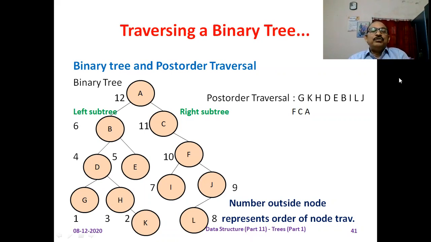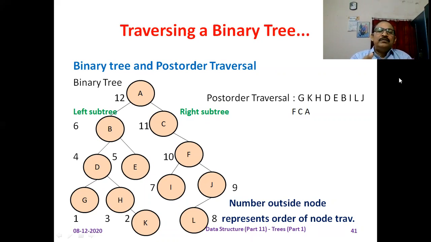Next step, the right subtree of B. The control goes to the right subtree of B, means the root node is E. Now we call the post-order function with the left subtree of E, null. Then call the function with the right subtree of E, null. Next step, we process the root node, E is printed on the screen. Now we have finished the printing of the left subtree of A. Is it clear?